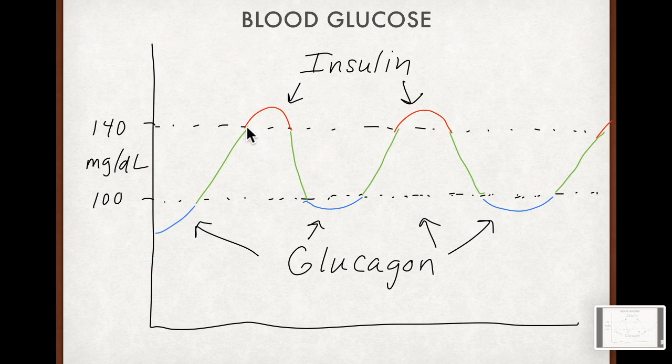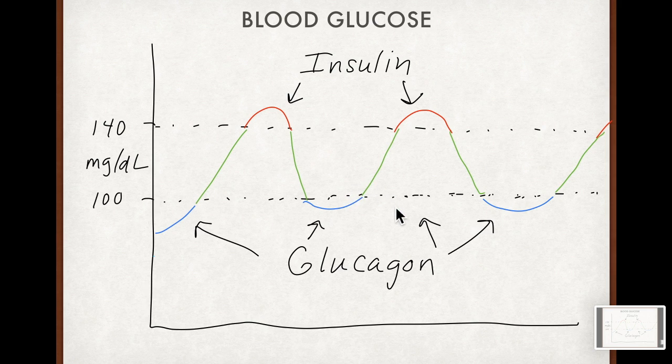Once we get above this range, insulin is going to be secreted by the pancreas, and that insulin is going to reduce the overall blood sugar. It's going to cause the cells to start taking up sugars. It's going to increase glycogen deposition, so we're going to start depositing simple sugars in our liver, stacking them up as the animal starch glycogen. We'll also do that in our muscle cells, and anytime we're above this value, insulin should cause that kind of activity within our blood. Anytime we're below this value, glucagon would be released, and that should boost us back up